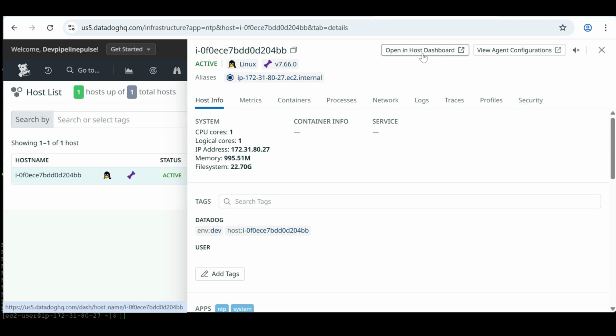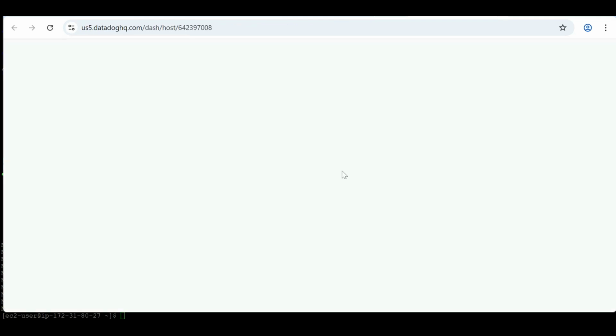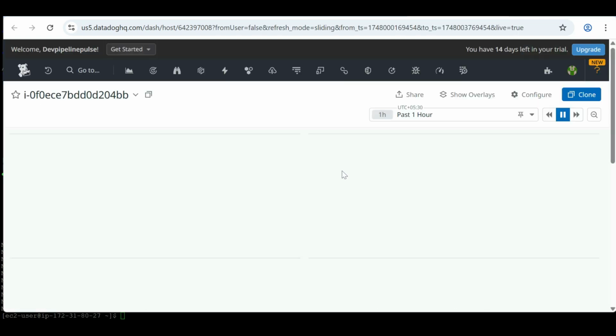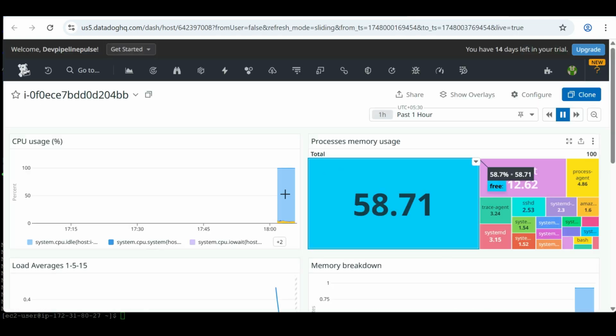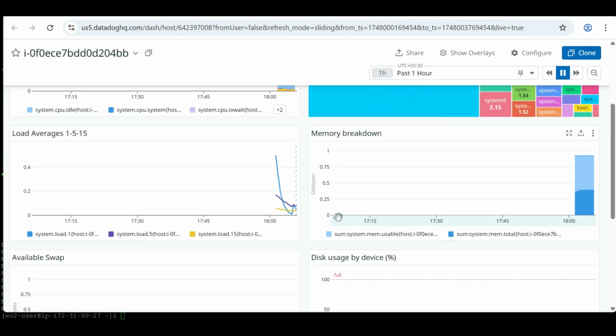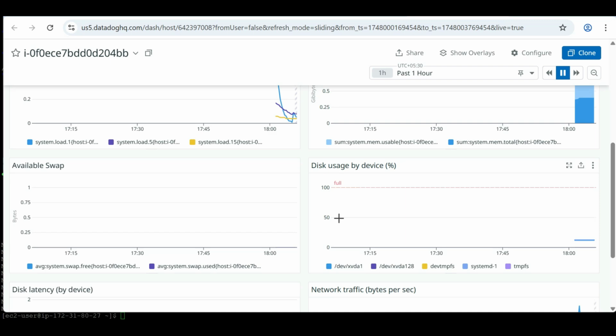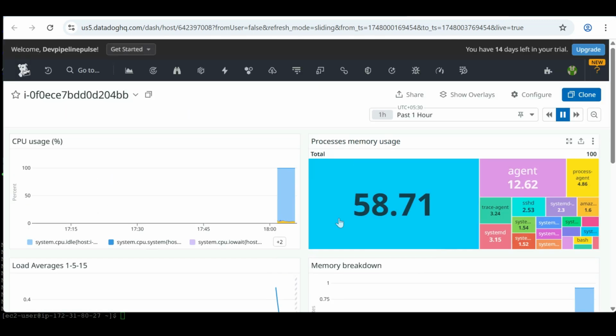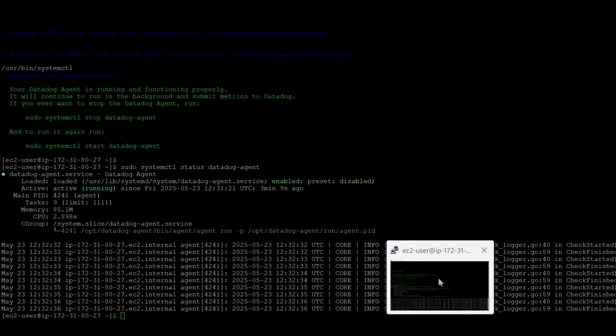And if you open the host in the dashboard, you will find a lot of information about resources. The common resources are the basic resources, that is CPU, memory, and load average. After that, disk usage, swap, network, all those things you can see. That last class itself we saw, correct? This class, what we are going to do, we are going to play with this